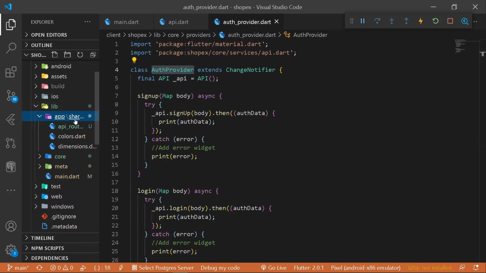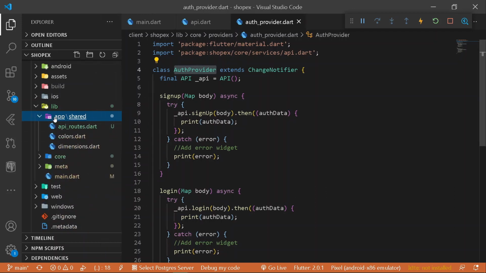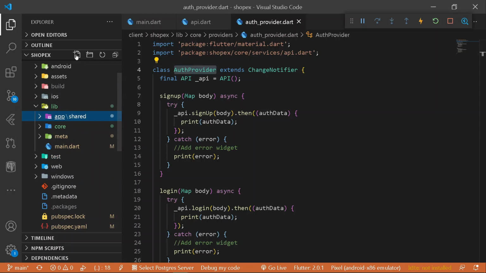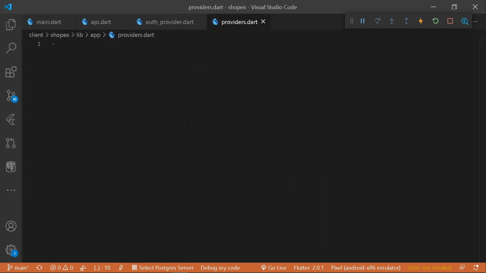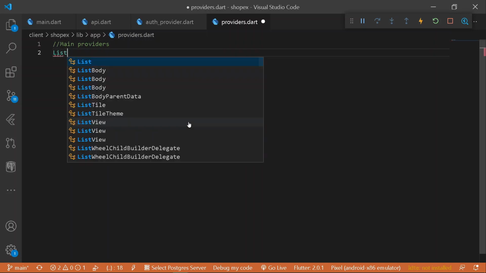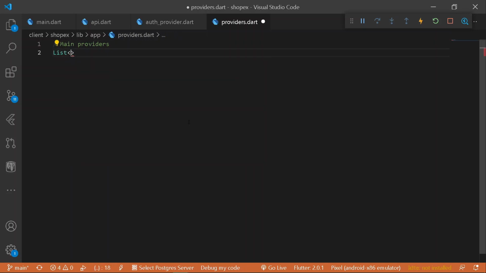But before that, let's go under our app, and here under our app folder, I will be creating a new file for all the providers. So here, let's have all the providers.dart. And under this, first of all, we shall be having all of our providers. So here, let's have main providers. And under this, I shall be having a new list of all the providers available under our application. So for that purpose, I will be having here a single child widget, just like this. Let's name it providers itself, and it will be a list of all the providers.